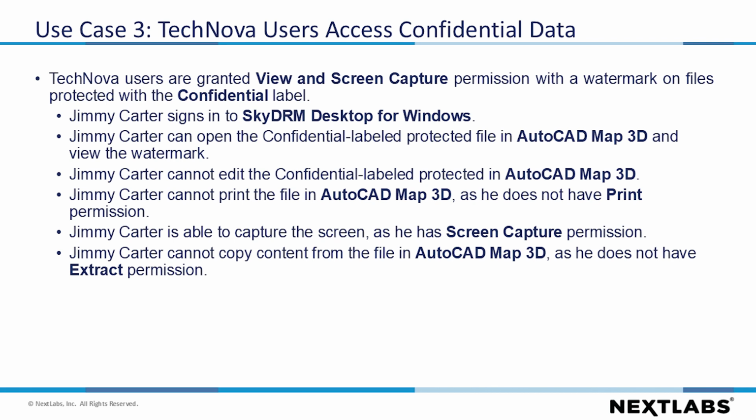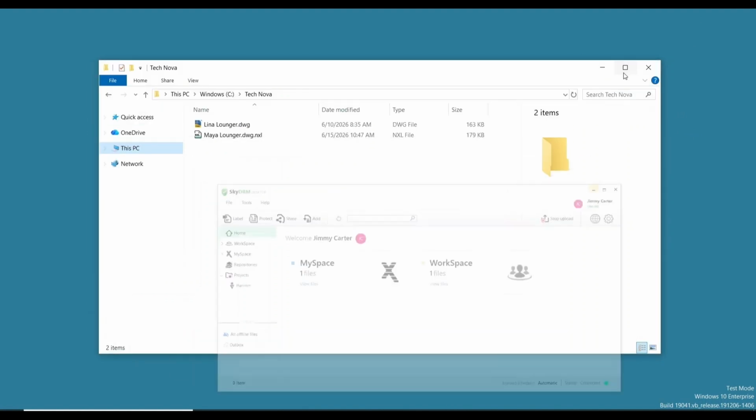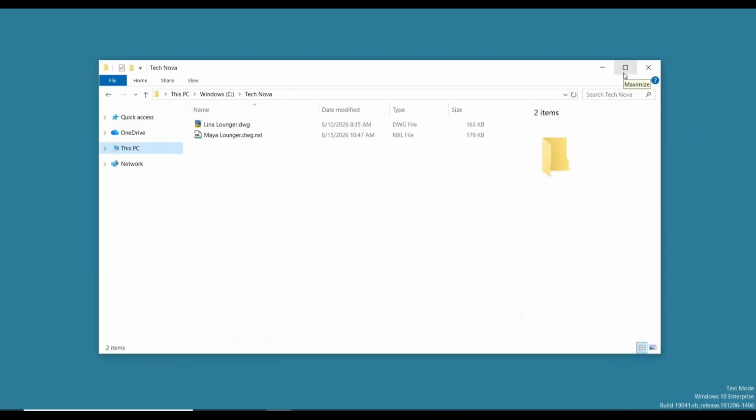Jimmy Carter cannot print the file in AutoCAD Map 3D, as he does not have print permission. Jimmy Carter is able to capture the screen, as he has screen capture permission. Jimmy Carter cannot copy content from the file in AutoCAD Map 3D, as he does not have extract permission. I signed into SkyDRM desktop for Windows as Jimmy Carter and navigated to C:\Technova. I checked the file information for